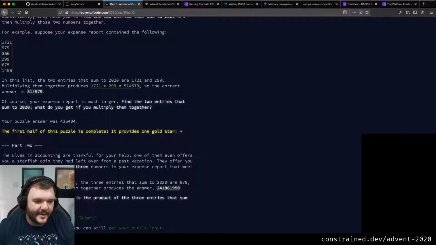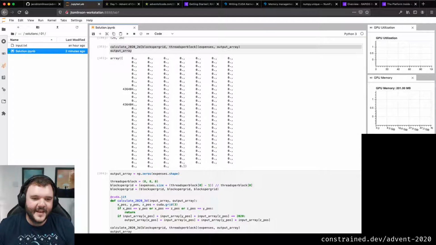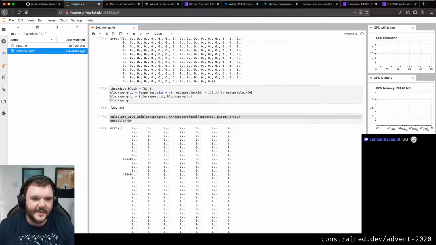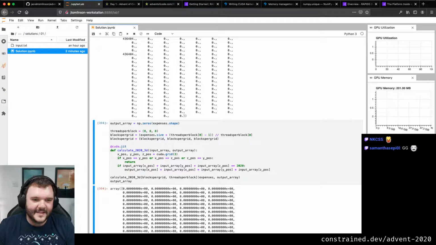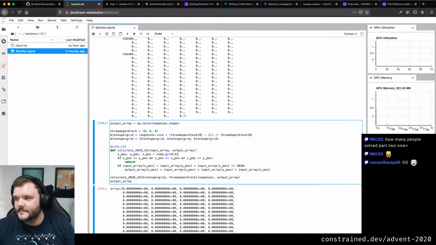I'm going to put that number in that box and hit submit. And hooray, I got the right answer. So my slightly flaky code, which I don't know why it was working on different grid sizes and thread sizes, and maybe I did that wrong. But I got the right answer by making a very small change in that I have no for loops at all, right? Because I'm using the GPU to do all of the, what's the word?